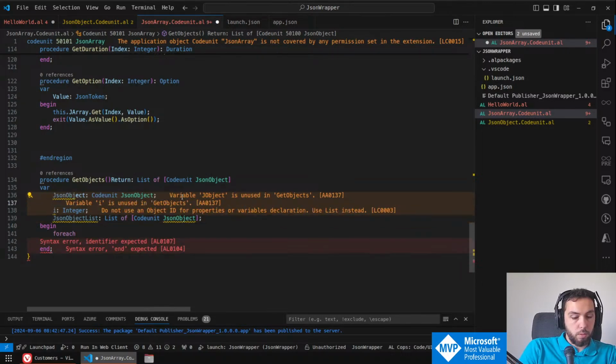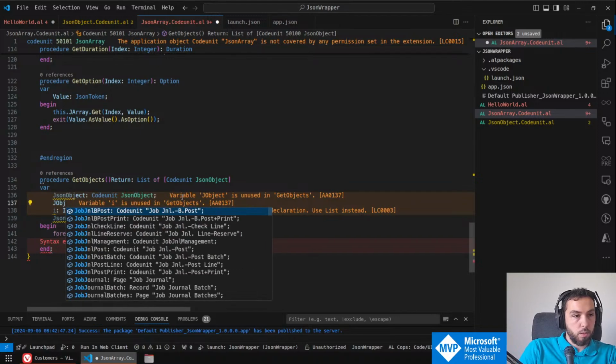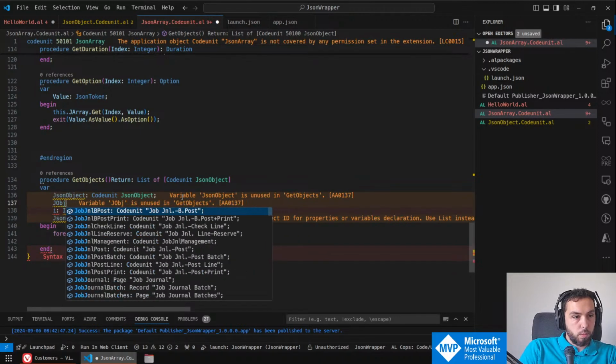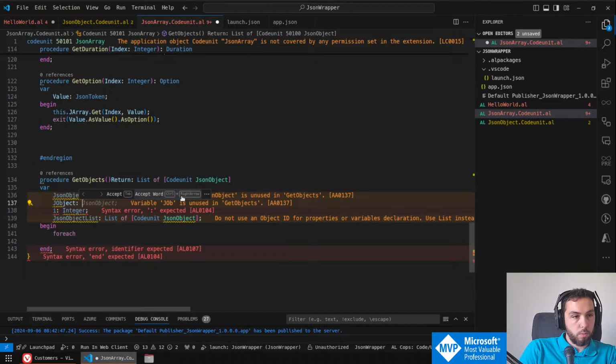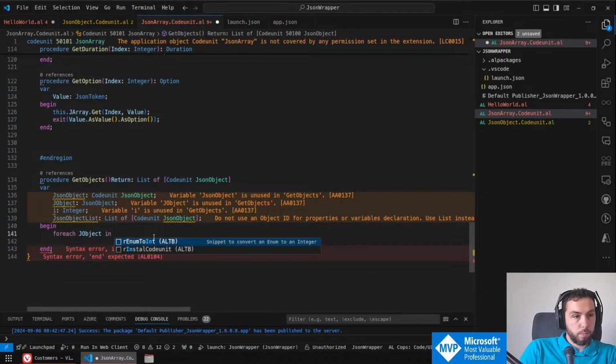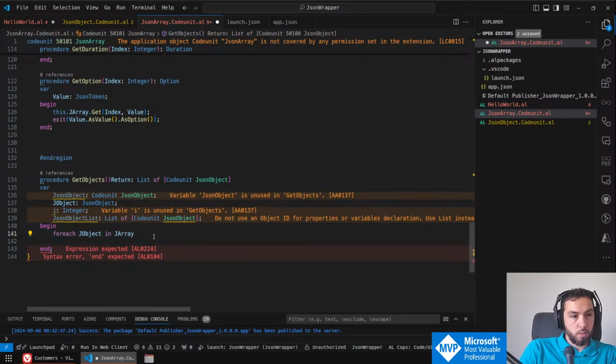This would be JSON object and JObject. Object will be my JSON object type, and for each JSON object in JArray, which is the global variable,